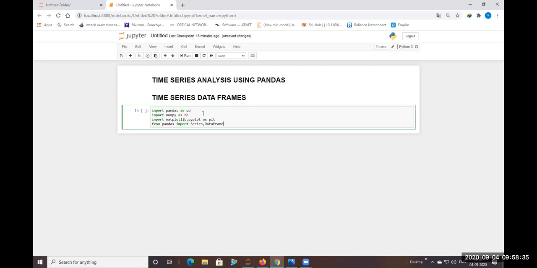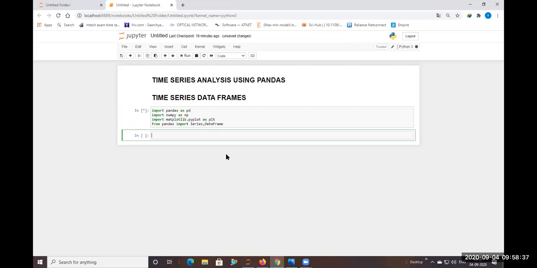Okay. So when you run this, it is going to show that it is ready for defining the libraries within this script. Now, why have I written from pandas import Series, DataFrame? Series is a continuous set of data which can be called upon for the representation of the data.